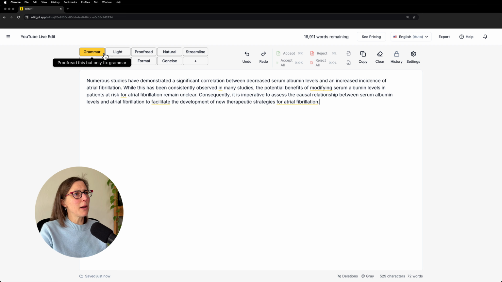So I will say I've experimented with this tool and I have seen that it can make a few helpful suggestions. So it's something to definitely play around with. Okay, so to be safe, I'm going to undo that change as well. And now we have the proofread option. So this one is just proofread this. So let's click on this and see what happens.